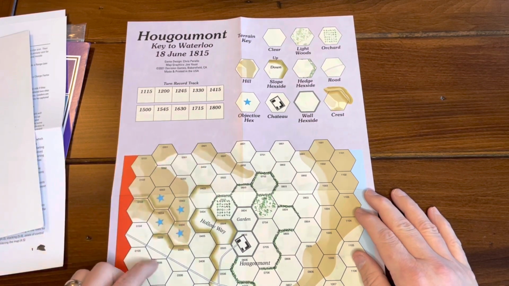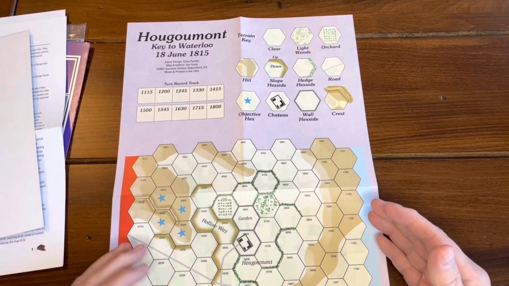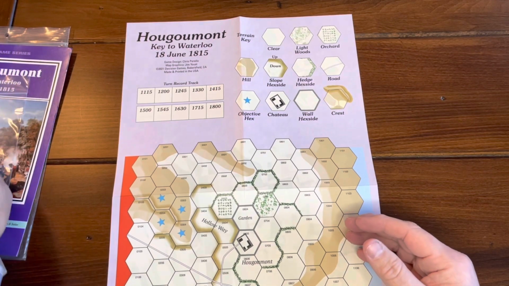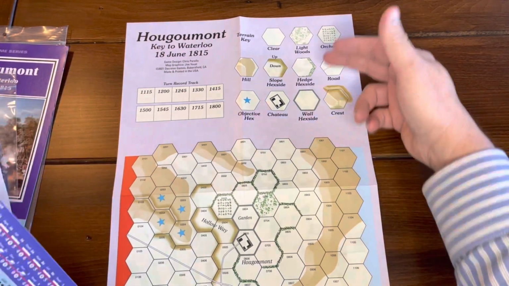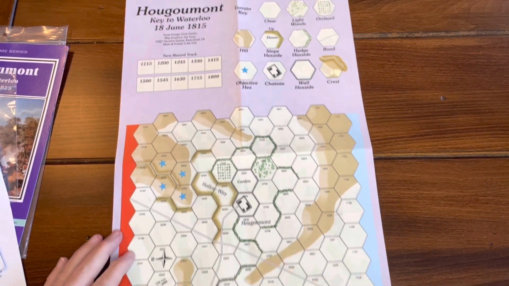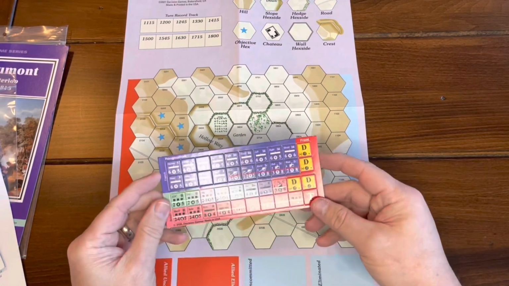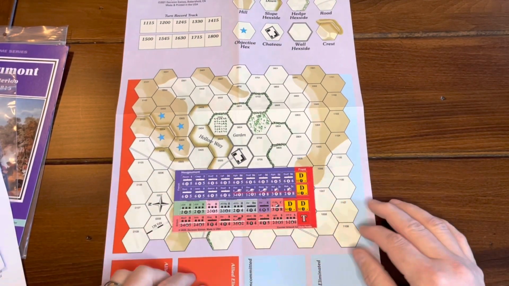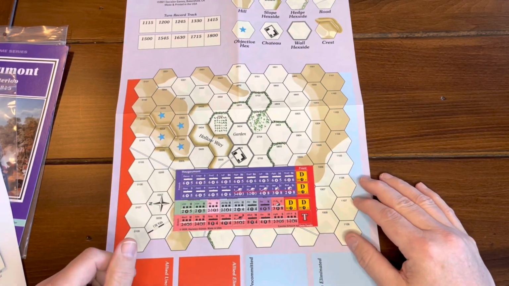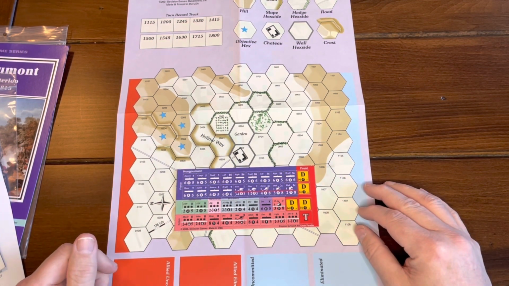You have your turn record track. So relatively small game here, relatively small space that we're looking at. The map's not that big. In fact, almost half the map is the terrain charts, and then you have some holding boxes down here, where the counters go. So, low counter density, small map, but this is a relatively exclusive engagement, where you're just looking at a portion of that battlefield